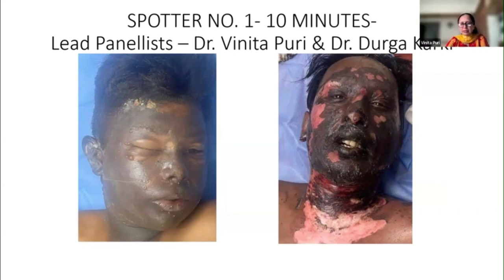In a patient who has, let us say, a pulmonary burn, when you say pulmonary burns, do you have any idea of what kind of burns happen? What is the level of the burn? And what are the effects of that? Burns can be at the level of supraglottis or at the level of subglottis. Okay. And if it is lower, then what happens? What is the pathophysiology that happens?